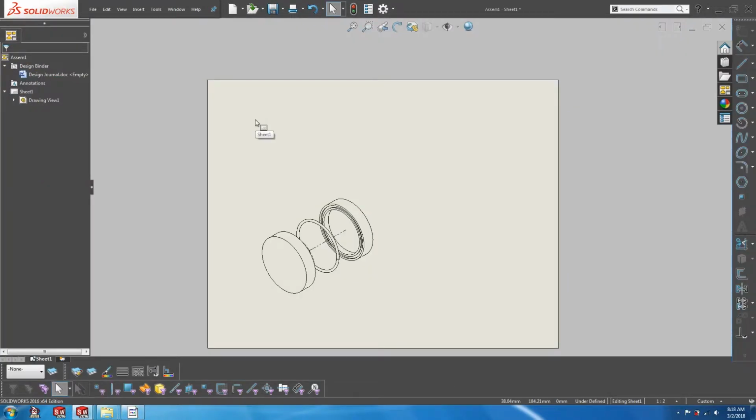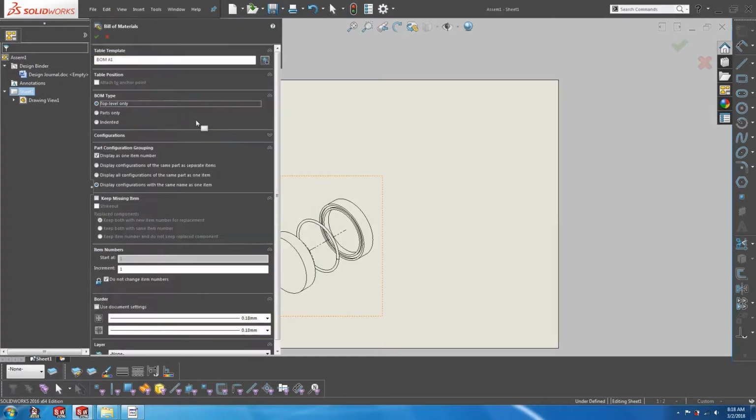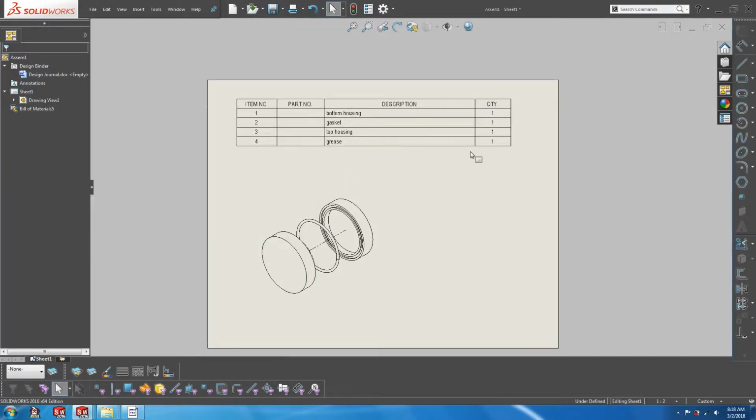So let's go to the drawing to create a bill of materials. And as expected, the grease shows up with an integer quantity of 1. However, grease cannot be represented in discrete quantities. What I need is to represent it in a volume, specifically milliliters. For a situation like this, we have the ability to create a new custom property and use it in the